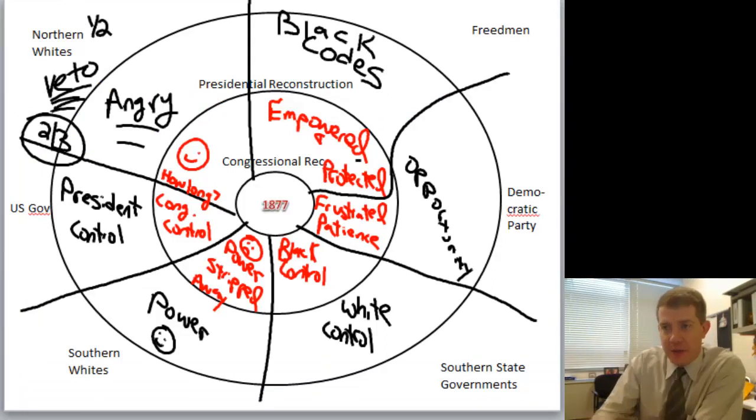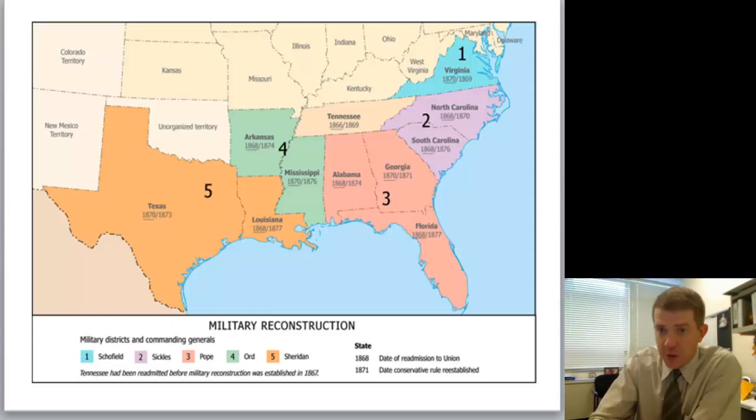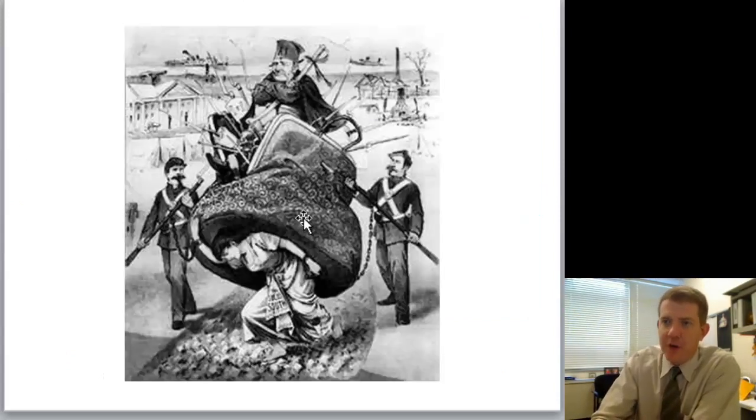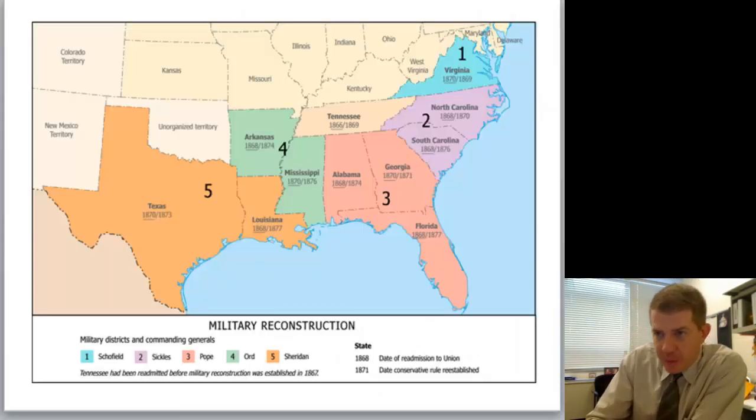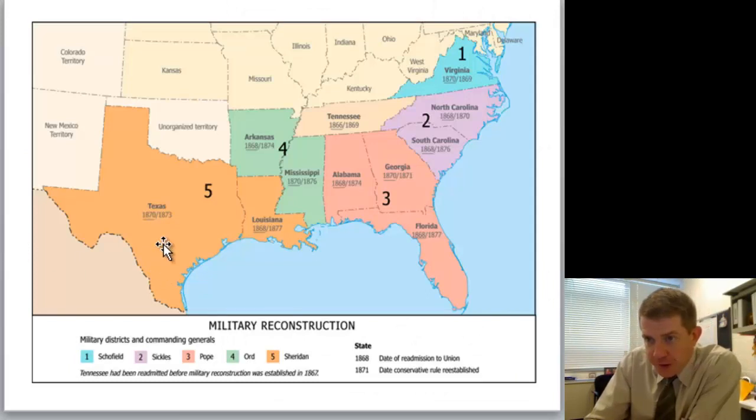So as I look at some of these, this is radical Reconstruction. This is an example of carpetbaggers. The South is having to carry the Union soldiers, and then the Northerner who's benefiting from it. Here's one cartoon that we didn't get to in the NAST cartoons, and this is to be emblematic of that post-radical period. Because if you look at this map, what I would zoom in on for you is